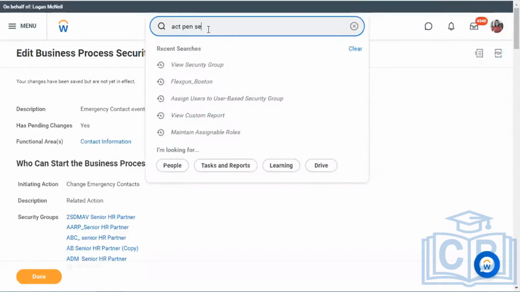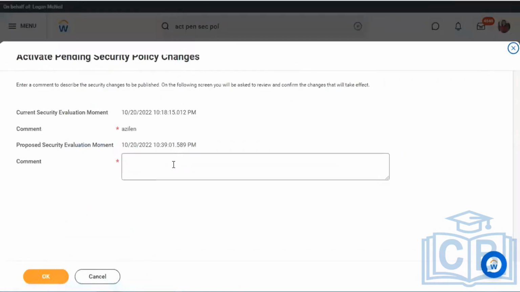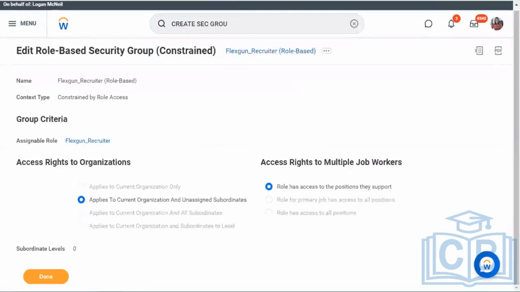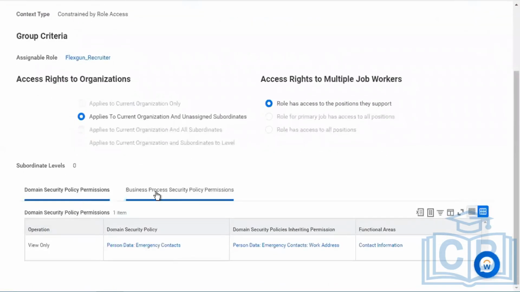I'm going to run the activate pending security changes. Close the extra tabs. Now if I go back here, just refresh this, you would see that now we have this domain security and the business process.